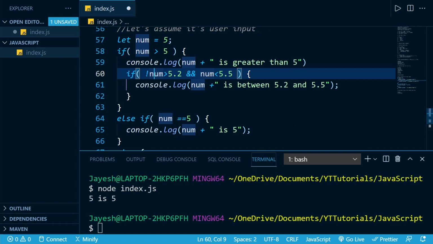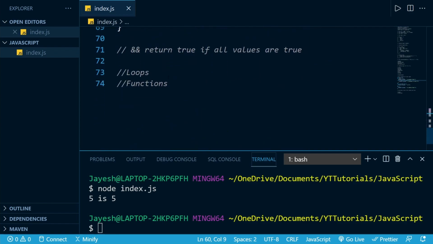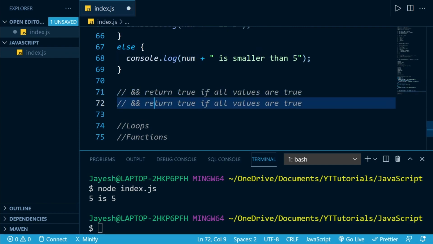You can't go ahead without either one of them being true. And we also have OR here. If not all, but if any value is true, like if we want an OR condition, like this should be true or that should be true, any one of them can be true and our whole expression would be returned as true.